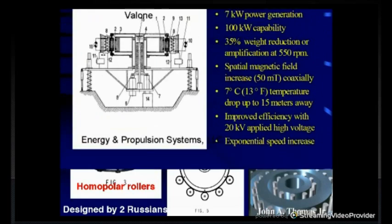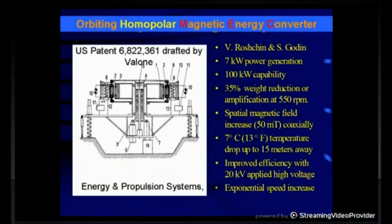Next slide. So the long story short is that these roller magnets are individual homopolar generators, and they definitely seem to lend itself to voltage generation if the whole ring could somehow be propelled. And that's the magic and the mystery behind the whole thing. Well, the Russians had a whole grocery list, as you can see on the right, of all these anomalies that